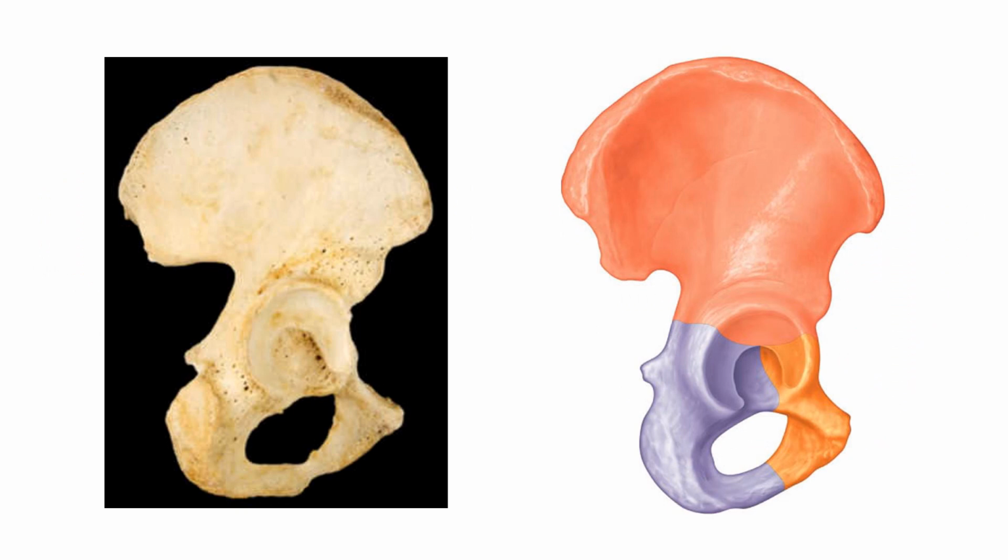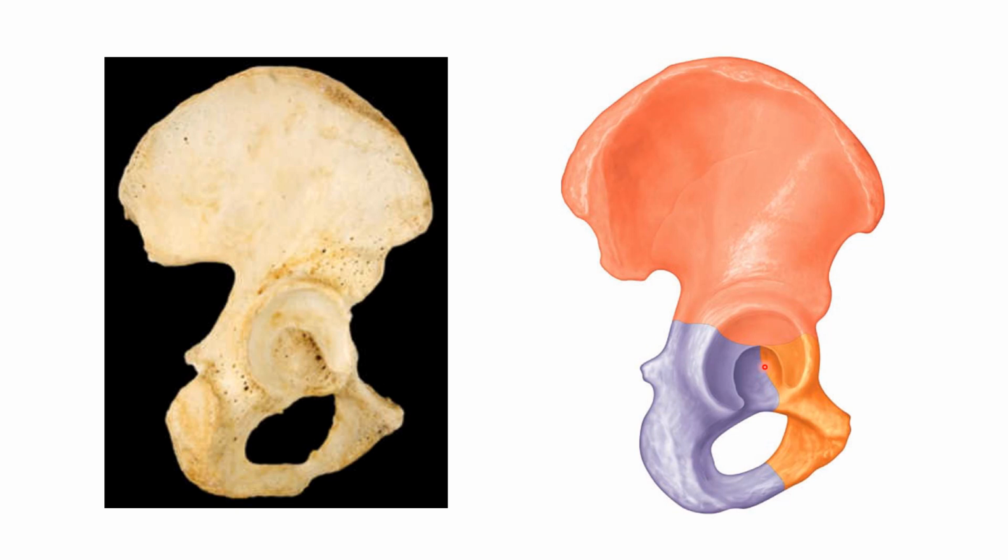Okay. Here in this figure, we're looking at the individual os coxa, which is a little more challenging because we don't see the pelvic girdle in its three-dimensional frame. But if you look carefully, you can figure this out. If you notice, we see the acetabulum nicely here. Okay, and so if you see the acetabulum, you know you're looking at the lateral view because this is where the leg is going to be